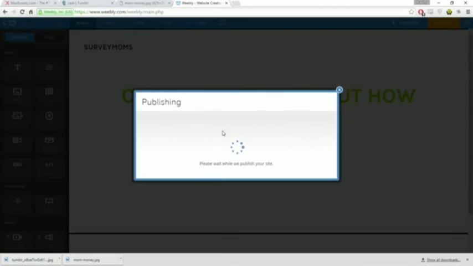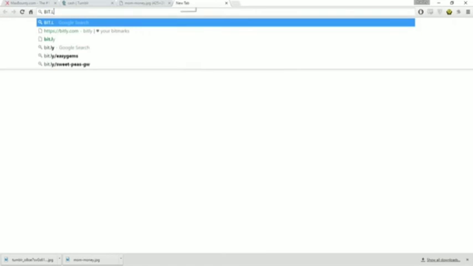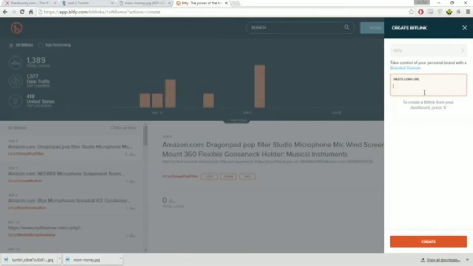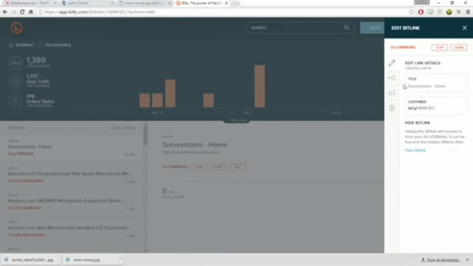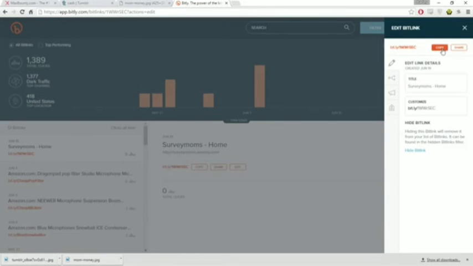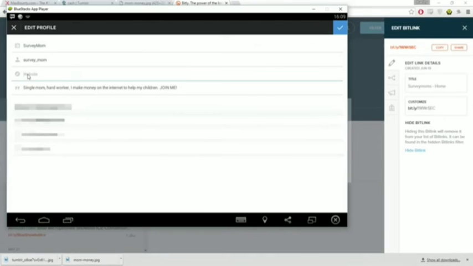Now once you have this URL here, you can then go ahead and go to something like bit.ly. Once you have the URL from your Weebly account, you can paste it into bit.ly or any URL shortening service here. Copy it, and then once someone clicks on this bit.ly link, it's going to take us to our website here, and then they're going to be able to click here to find out now. So copy the bit.ly link here, go back to your Instagram, and then you want to paste the bit.ly link into the website, click the tick,